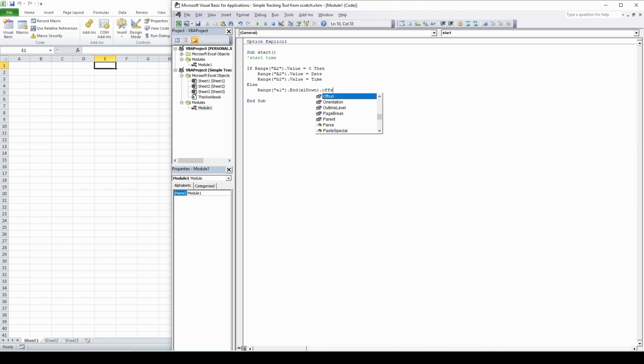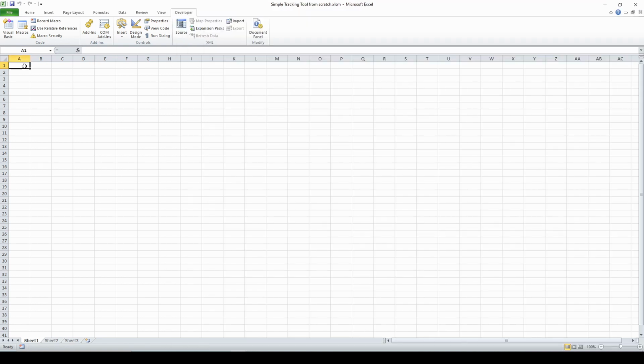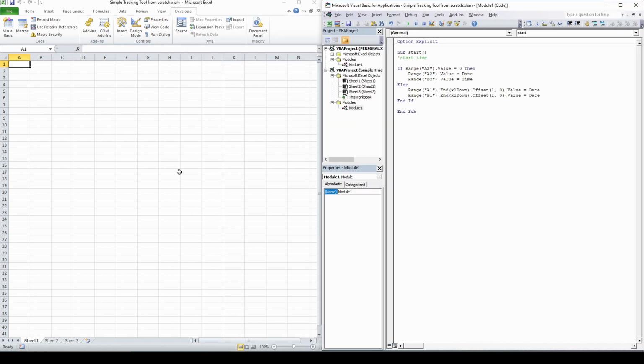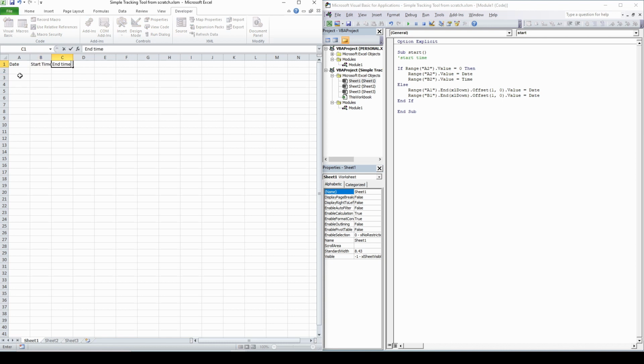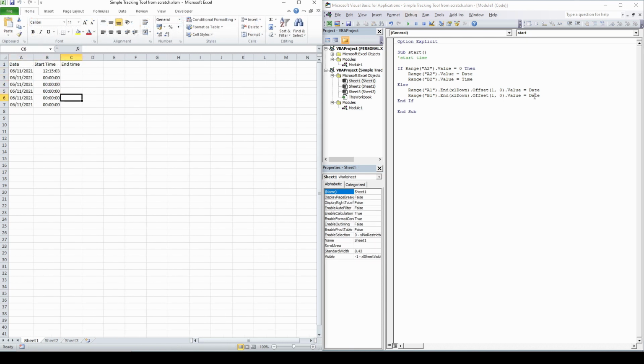Also, here we have two quite useful properties, offset and end. Offset enables us to move by a certain amount of rows and columns. It was used in Smiley generator as well, while end property gives us a possibility to target first, last, most left or most right used cell in a region. In this example, end property finds last used cell in region started in A1, and then offset takes us to the one row below. So now we need some headers for our tool.